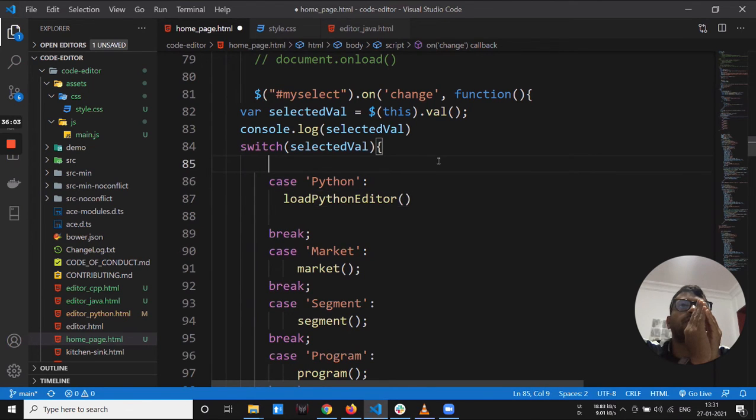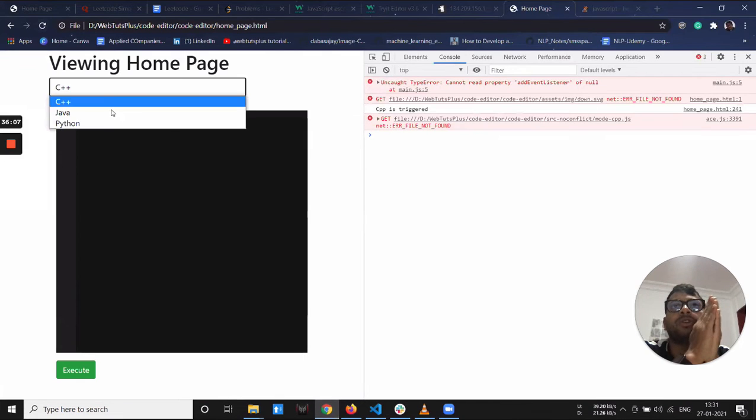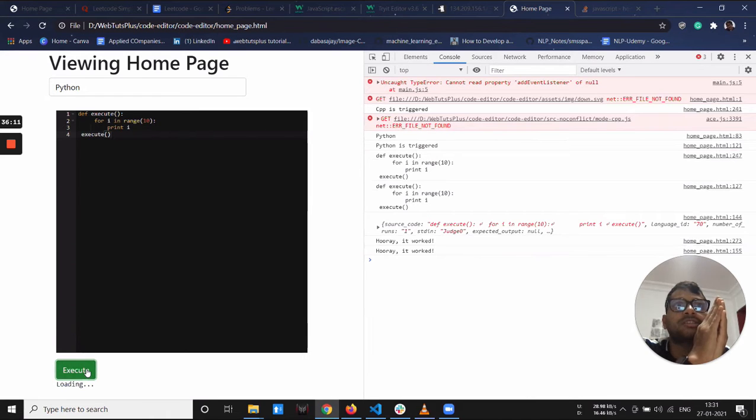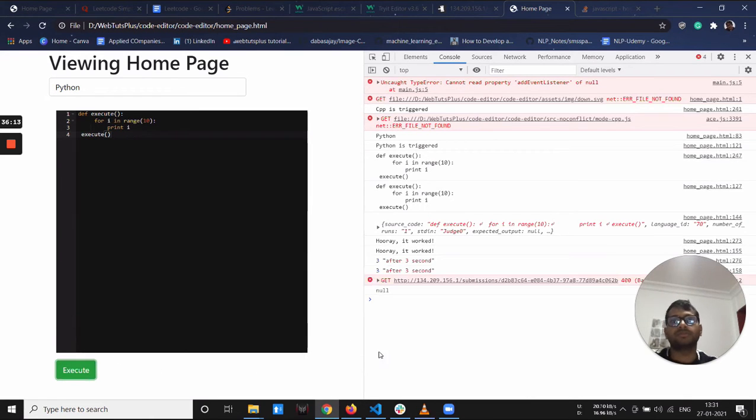And let's try to run it. Let's do it for one function, and if it works, then it will work for everyone. Now let's click. Yeah, it worked. Go down. Bad request. Yeah, it is showing bad request. Why?